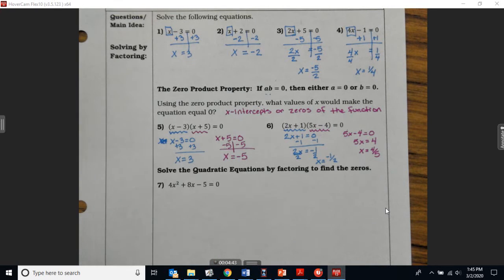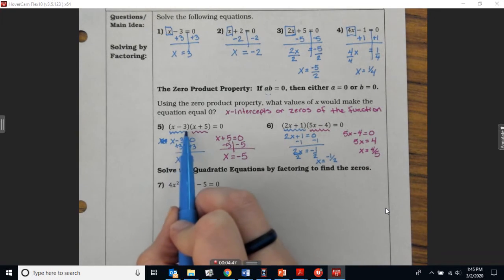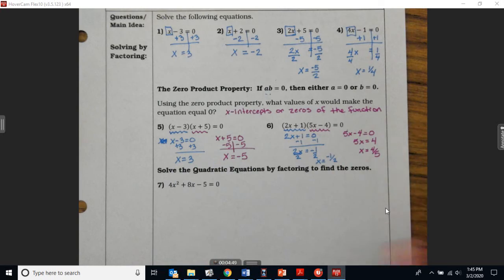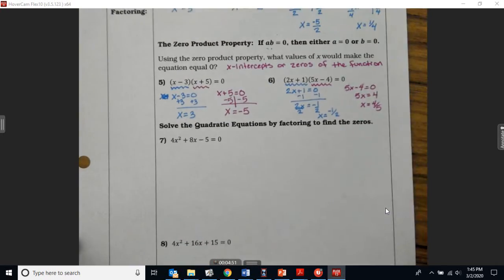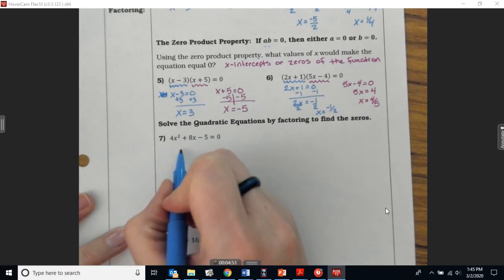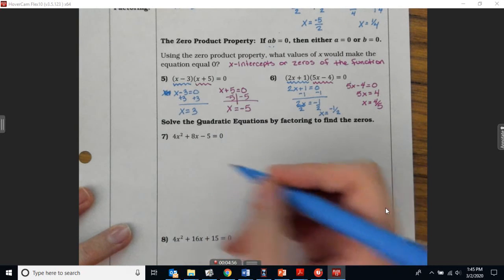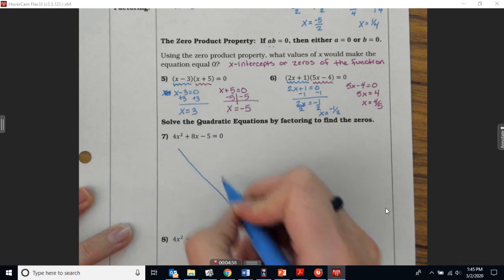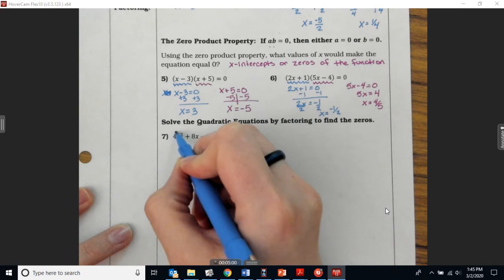Now, what happens when you have a quadratic function that's not already in factored form? Then you would actually have to factor it. So here we're going to draw the x. First term